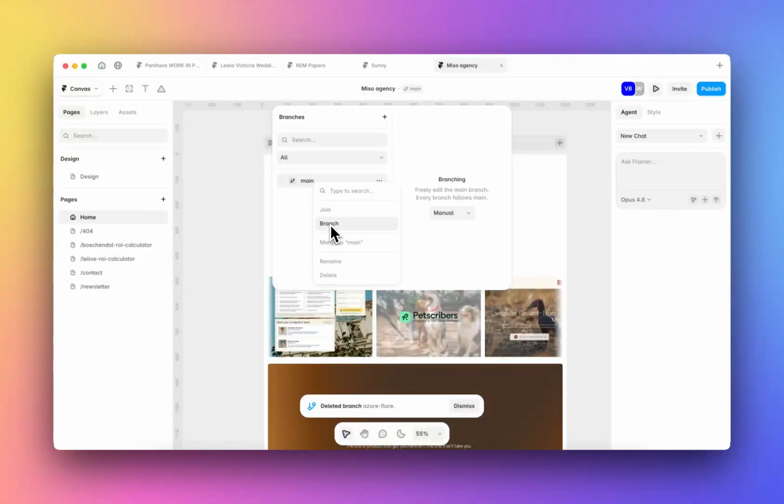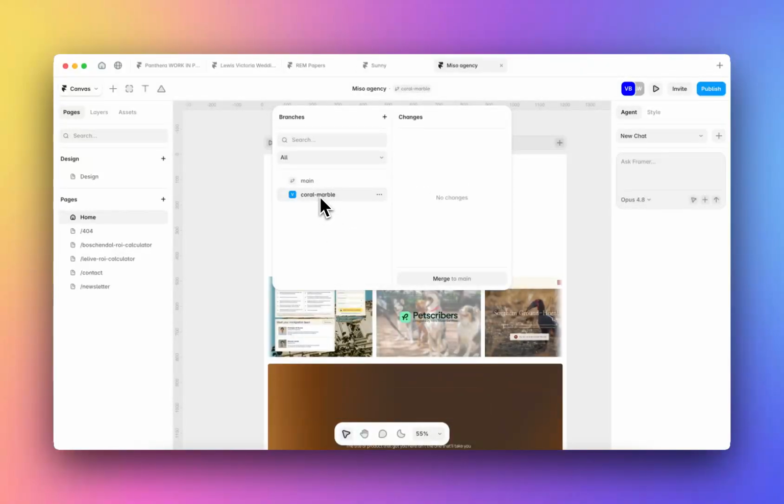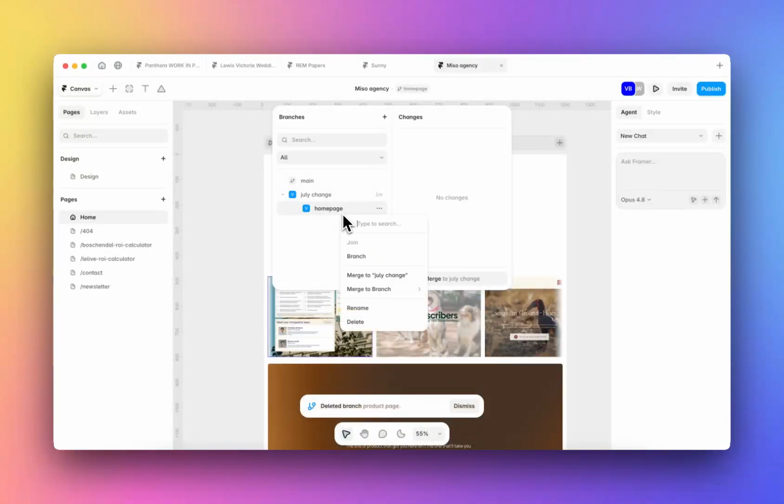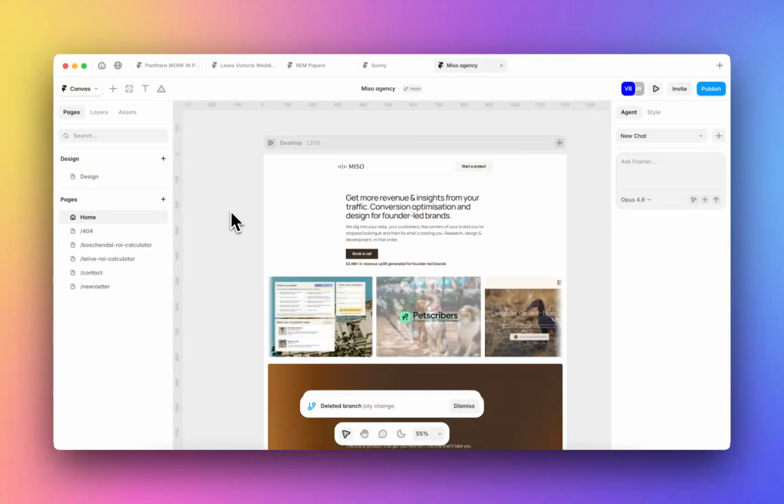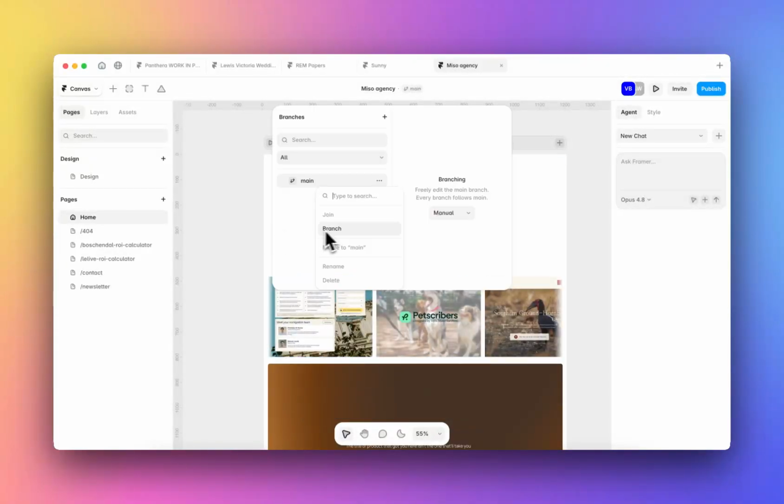So another thing you can also do is branch this section. So let's say you want this to be July changes. You can start branching off of here, and it kind of creates a drop down of branches. So this could be homepage changes. You might want another one called product page changes, and so on. There are best practices for how to use branching optimally, but once you start using it, you kind of figure out the best way you can use it for your site and for the way you're working. And once you do branch,